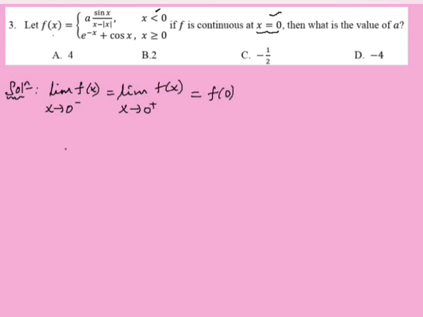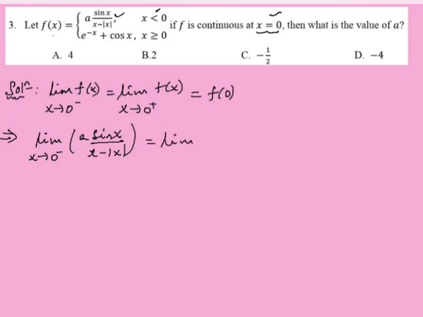This is what we mean by continuity at 0. Therefore, now we can take the pieces of functions. For x approaching 0 from the left, we take the first one, the limit of a times sine x over x minus absolute value of x as x approaches 0 from the left,